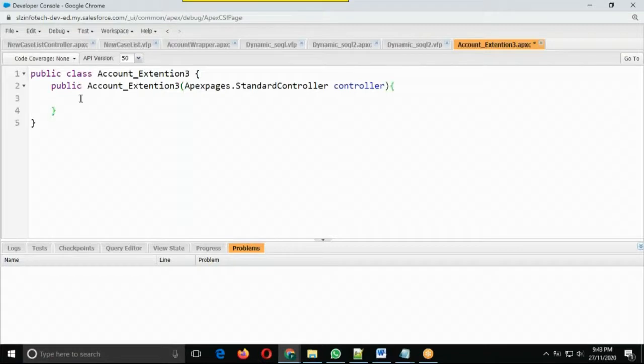For the time being, just understand this one. This is the constructor, with the parameter ApexPages.StandardController. This constructor is considered a method, so it should have a body, including the opening and closing curly braces.